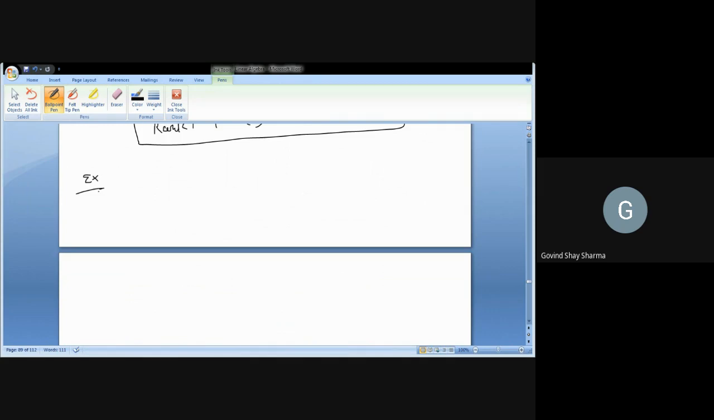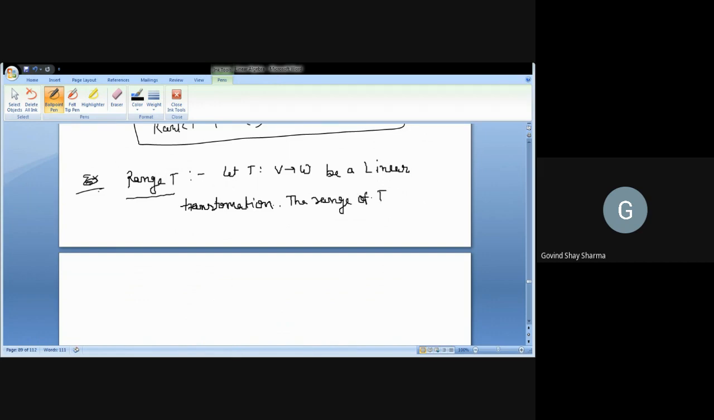Now, definition of range T. What is the range T? Let T from V to W be a linear transformation. The range of T